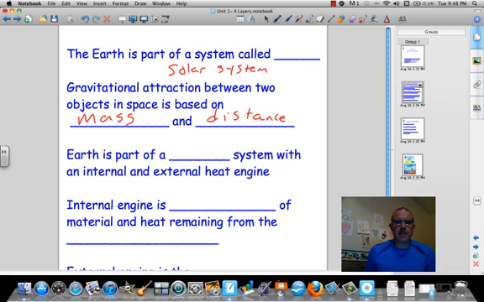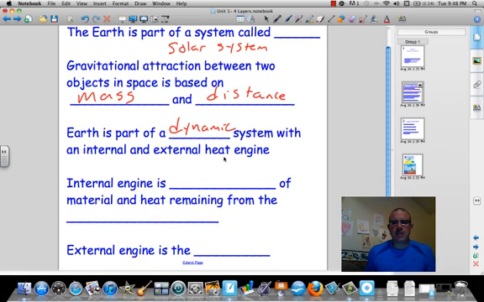So the Earth is part of this dynamic system. It's also part of the solar system, as we said earlier, but the Earth itself has a dynamic system. It has an internal and an external heat engine. Engine is not referring to a car engine or something like that. So the internal engine